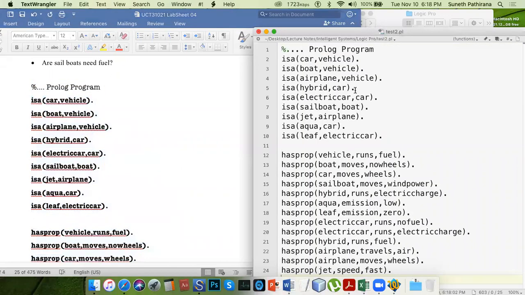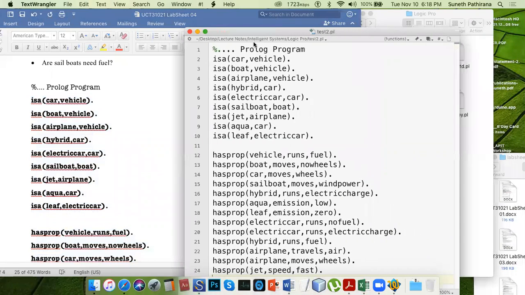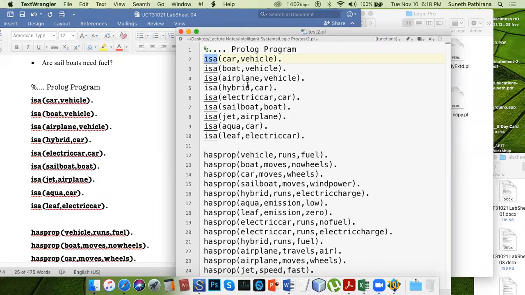So I have defined is_a, which is a user defined function, not a keyword. This has two parameters, arguments. Car is a vehicle. Boat is a vehicle.